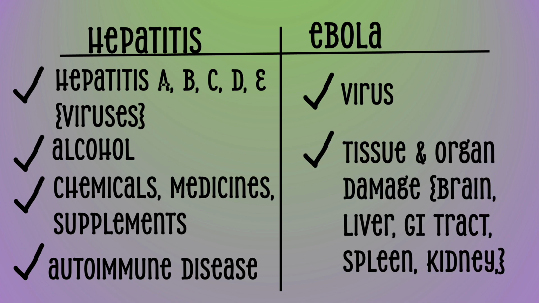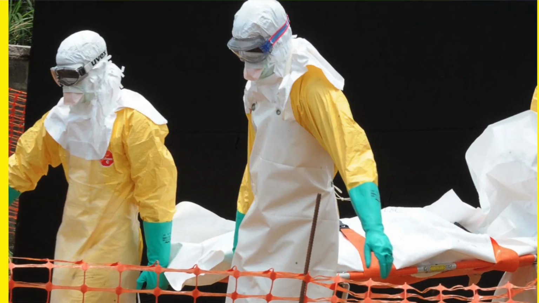Point number 2 is that once the virus that causes Ebola enters our cells, it starts to cause really significant tissue and organ damage. And this means it can infect cells in the brain, liver, GI tract, spleen, kidney, and blood vessels. This disease causes excessive internal bleeding, and that is one of the ways that someone can die from this disease. It is spread by touching the bodily fluids from an infected person or an infected animal. Because of the extreme symptoms of this disease, many people who are infected die from this disease.